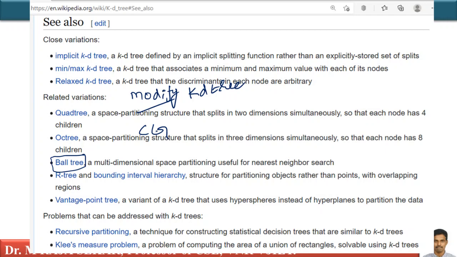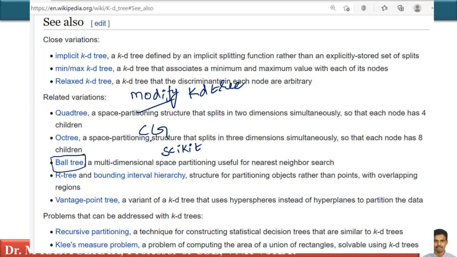How to modify KD tree to be more useful for machine learning. Because of all these modifications, people have come up with variations of KD trees which could work for machine learning. For example, if you take scikit-learn, we discussed a lot about this scikit-learn library,